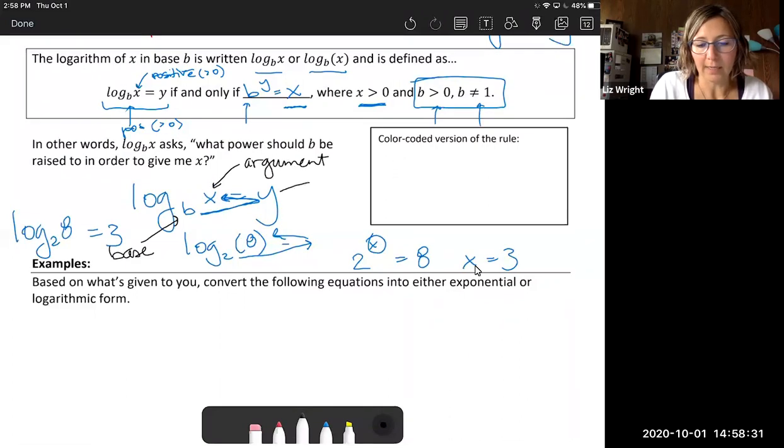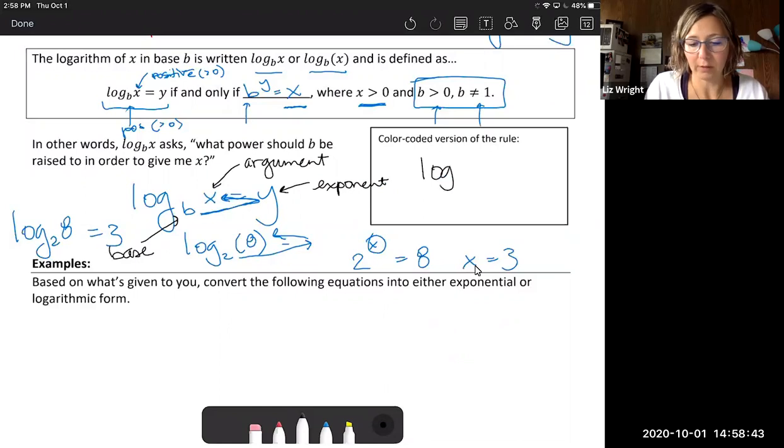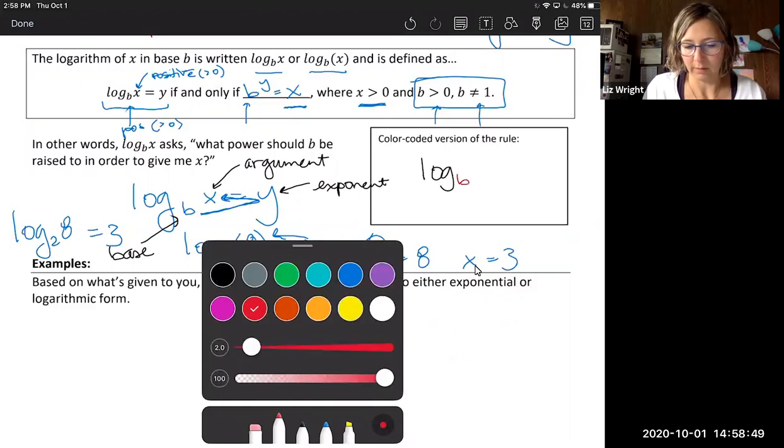And the y is going to be our exponent, or it's our log, right? All right, so here's our color-coded version. I don't know if I have enough colors on my palette here. So we've got log, and I'm going to do b of, oh, look at that, of x